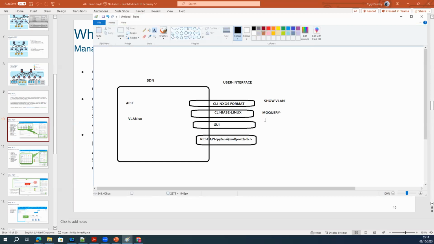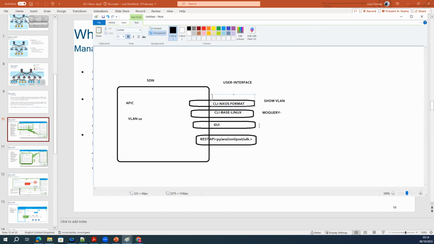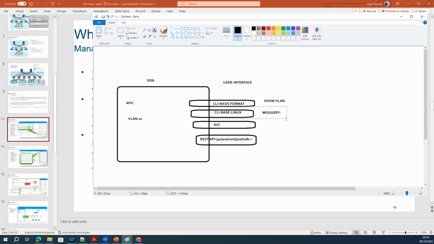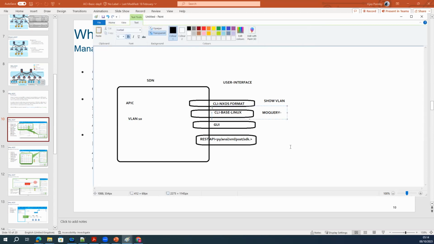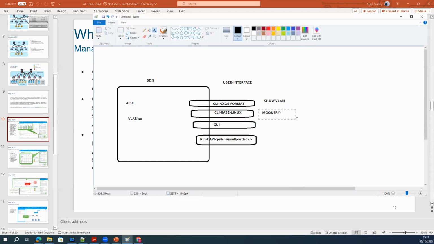If you want to configure a VLAN from the CLI, you can do that from the NX-OS CLI, but you cannot do it from Bash mode. So you can say that Bash mode is for queries and show commands, and NX-OS we can use for show commands as well as configuration.